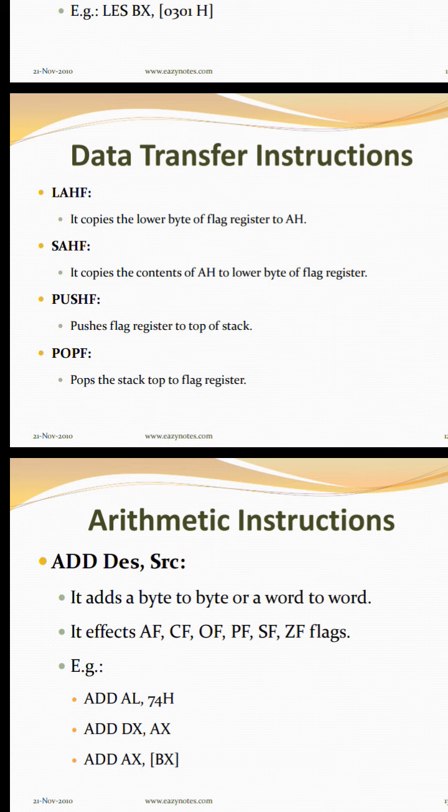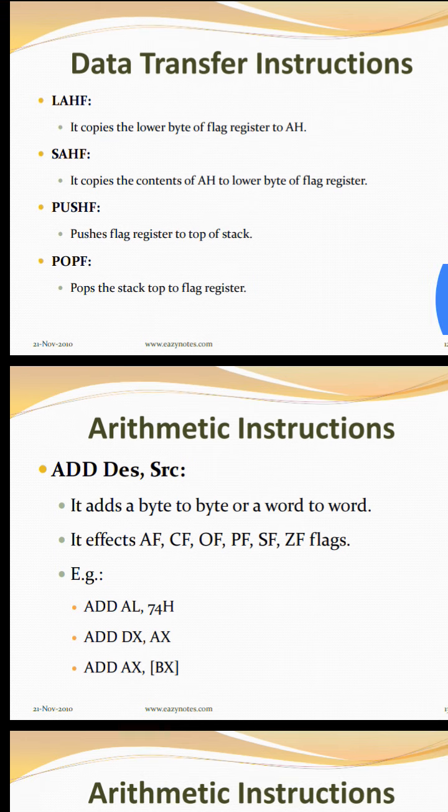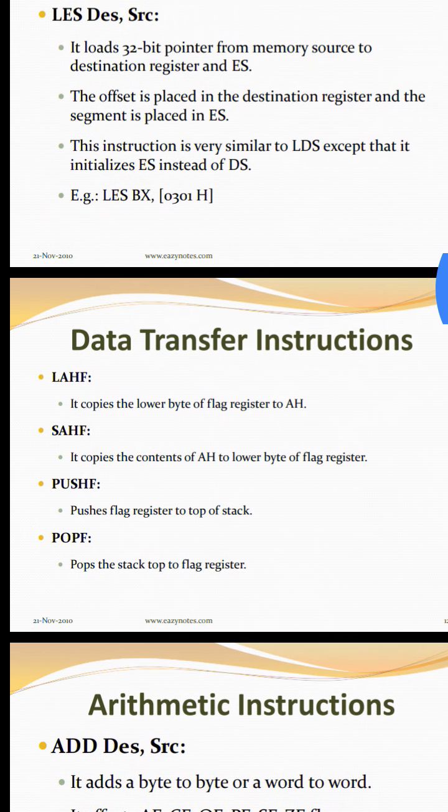It is the reverse operation of LAHF. Then PUSHF pushes the flags register to the top of the stack. POPF pops the stack top to the flag register. These were the data transfer instructions. You should summarize these instructions and